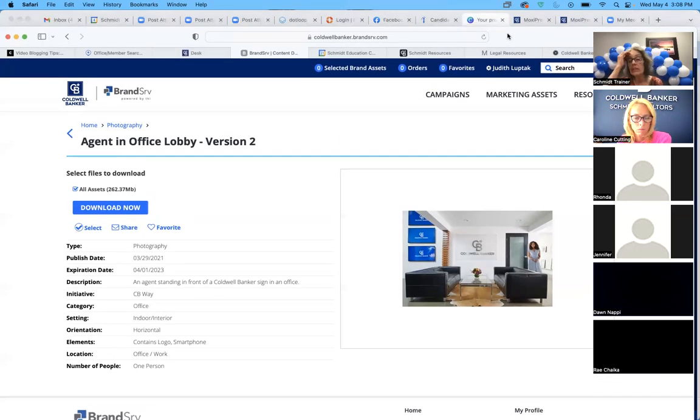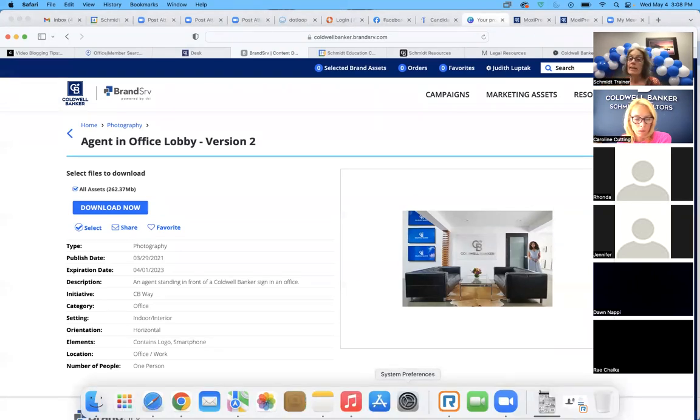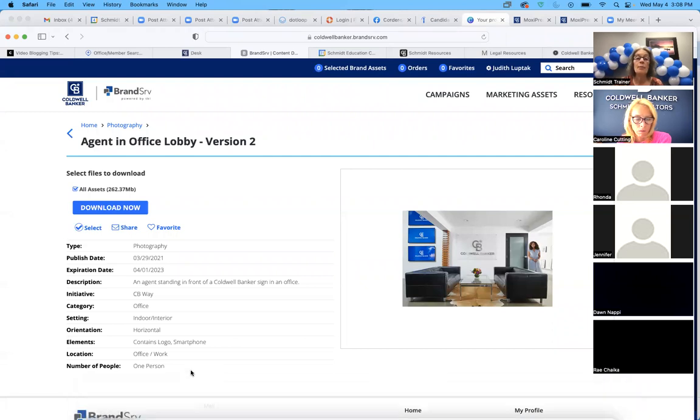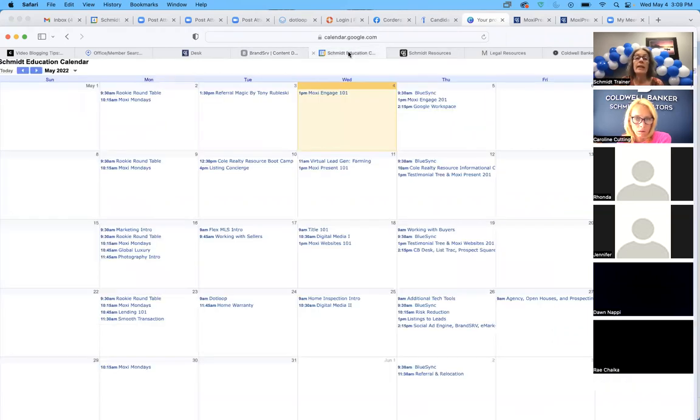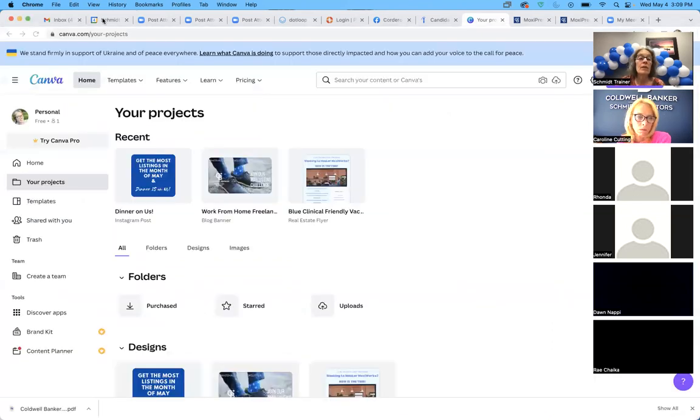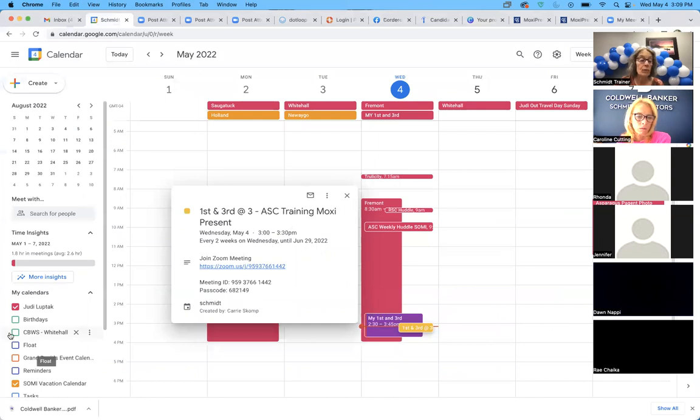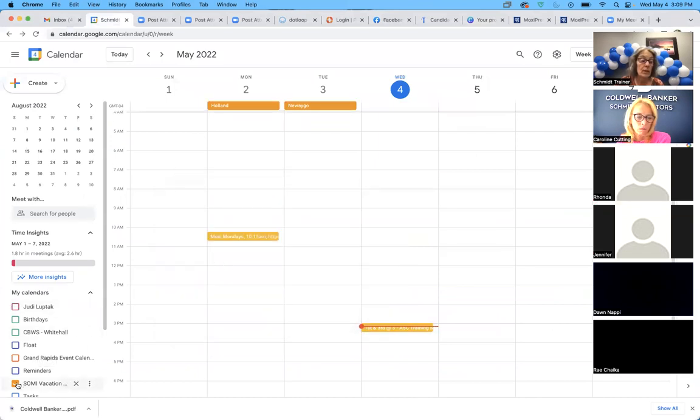And I already have all of these downloaded in a folder, but I would have downloaded that, taken it into Canva and added the text as you saw. Another thing that we've already looked at is a calendar. Actually, I prefer to use my floor calendar, or I'm going to steal the White House floor calendar,